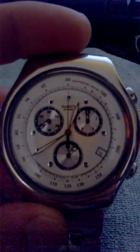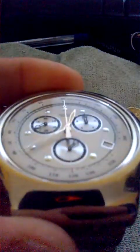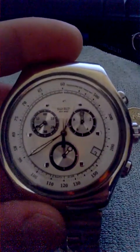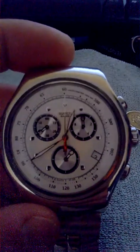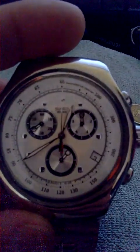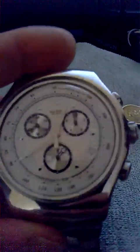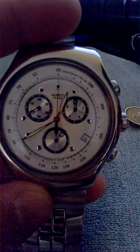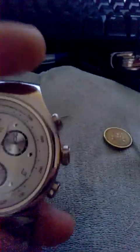I will upload some videos of how I open it and try to repair it. I see on the internet that these watches have electrical motors, and I learned some things about this. I don't know what to say because when I...